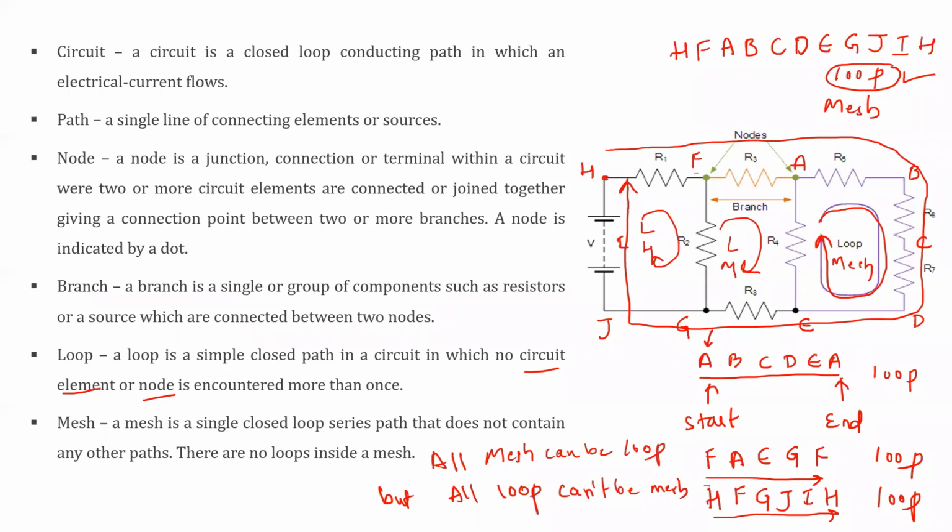Okay. Node: it is a junction where two or more elements are connected. It is a simple definition: it is a point, a junction, a dot at which two or more elements are connected. For example, consider F as a node here. It is considered a node because R1, R2, R3 are connected. I is a node here because voltage source 1 and voltage source 2 are connected. E is a node here because R4, R8 and R7 are connected, and so on. Understood? Okay, good. We go ahead.